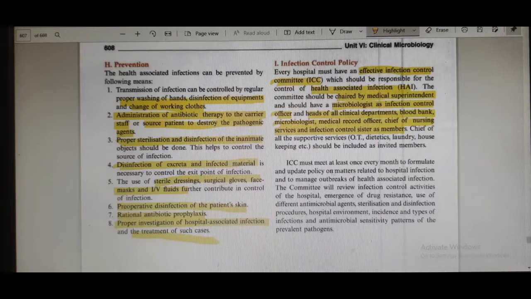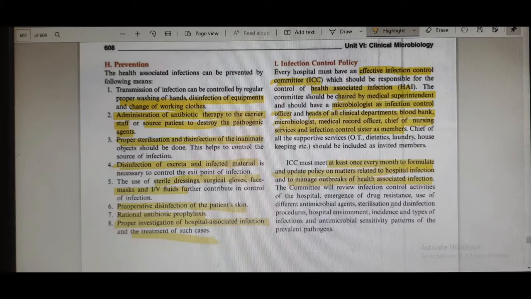So the ICC must meet at least once every month to formulate and update the policy on matters related to hospital infection and to manage outbreaks of health associated infection. The committee will review infection control activities of the patient, emergence of drug resistance, use of different antimicrobial agents, sterilization and disinfection procedures, hospital environment, incidence and types of infection, and antimicrobial sensitivity patterns of prevalent pathogens. So these are the different things that have to be reviewed